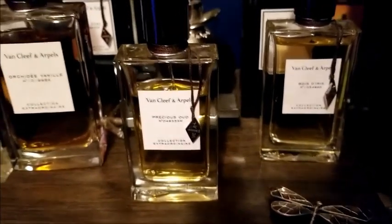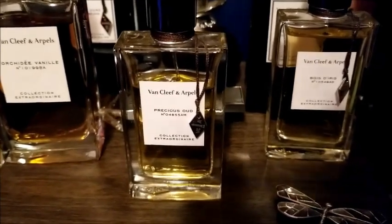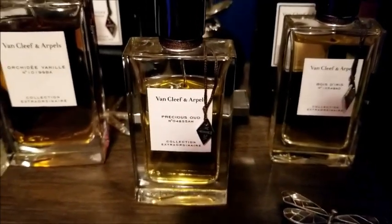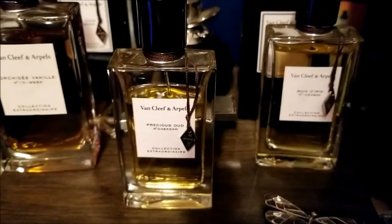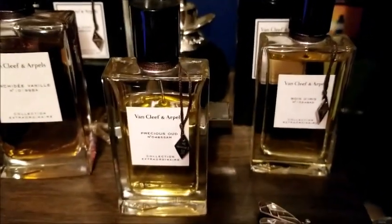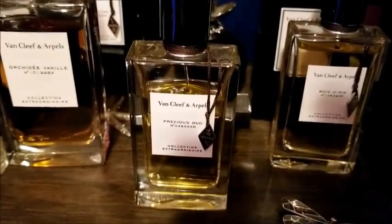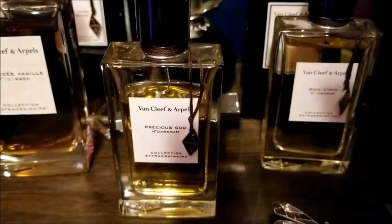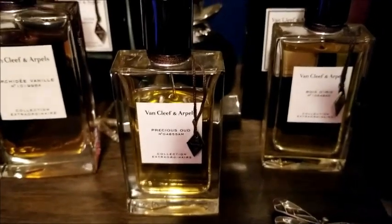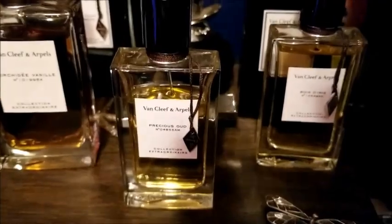I think if you really like Black Orchid, but wish it was a little more soft and refined, then you should really check out Precious Oud by Van Cleef and Arpels. And I bought this at Ala Moana Shopping Center in Honolulu. So I of course have some sentimental attachment to it as well. All right, next up,